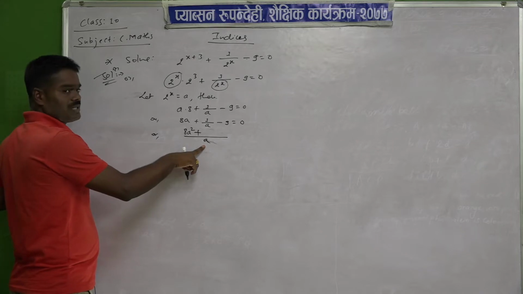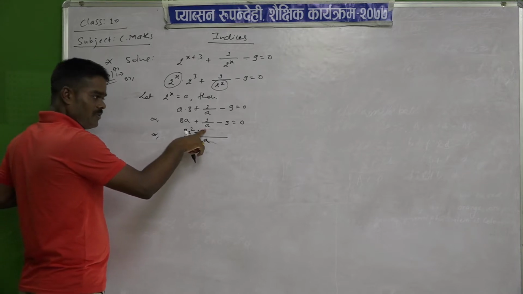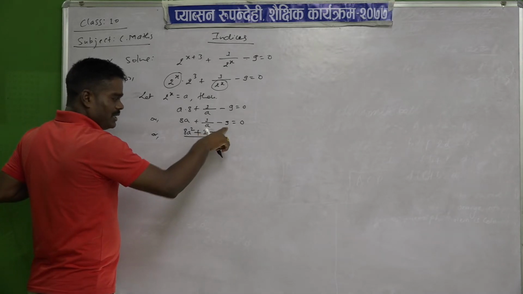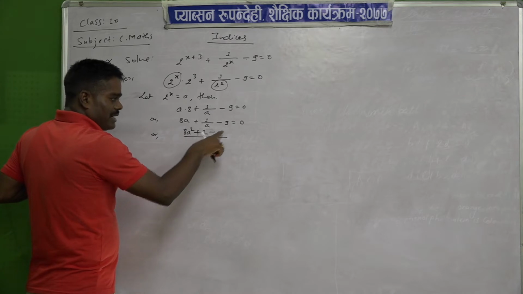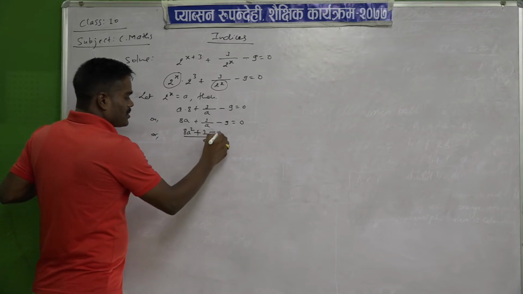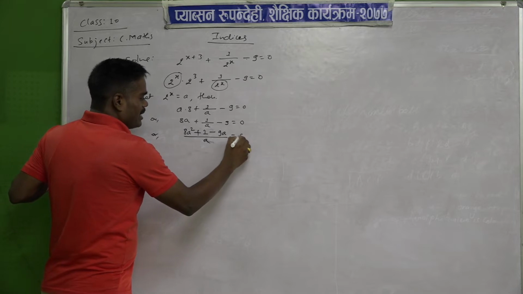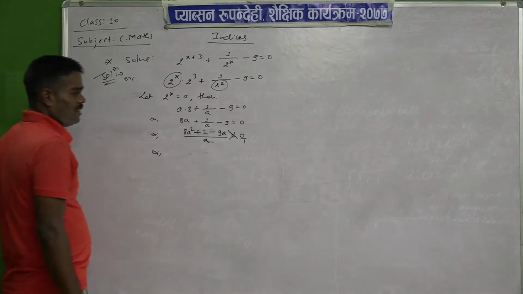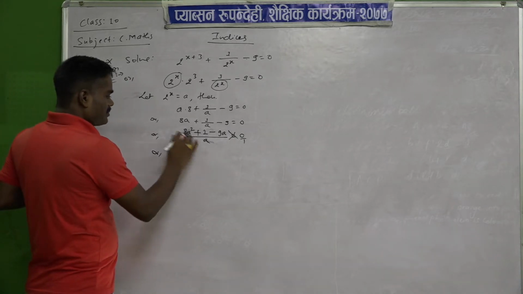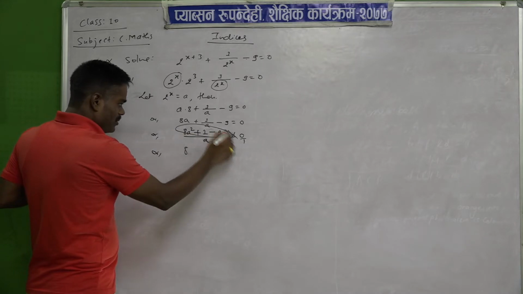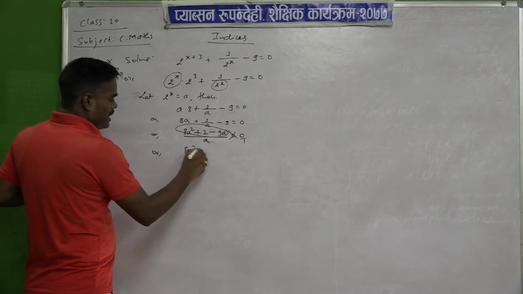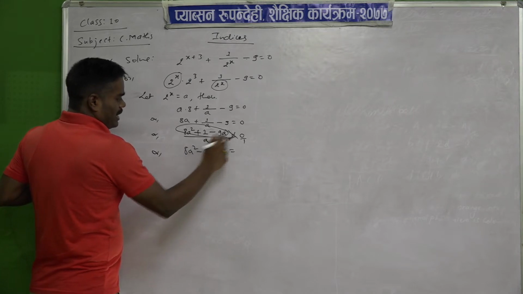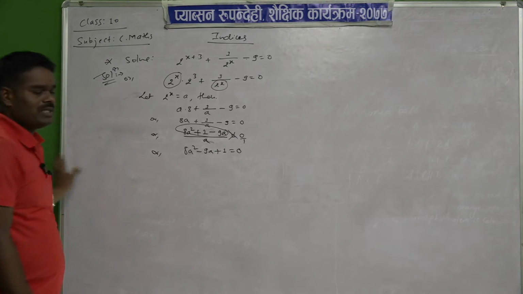Again the same process will repeat. A by a means 1. 1 into 1 means 1, minus here is what? 1. So when a is divided by 1, what is left? A. So 9 into a means 9a equal to 0. Now cross multiply, here is nothing other than 1. So this whole is multiplied by 1. So it will be the same: 8a square minus 9a plus 1, and a into 0 means 0.